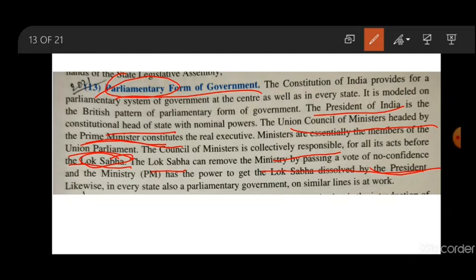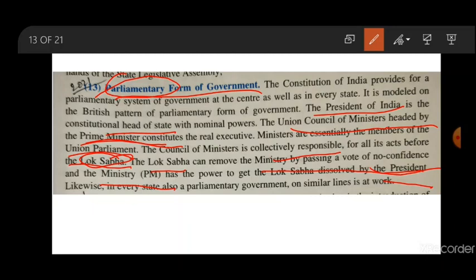The other way is that the Prime Minister has the power to dissolve the Lok Sabha by sending a letter to the President that he wants to resign from the post. The whole ministry will come down, the whole house will get dissolved, fresh elections will take place, and the new Prime Minister, who gets the majority, will come to power. So that's a process to remove the